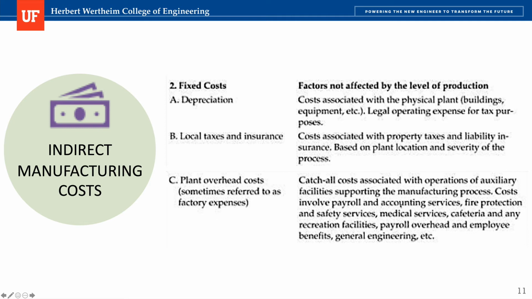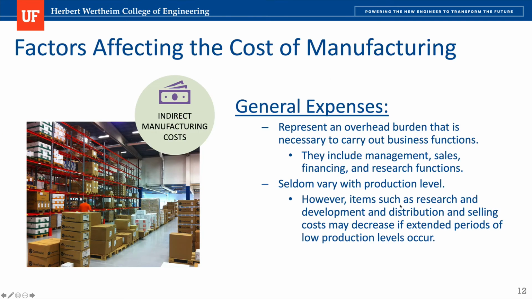Cash all costs associated with operations of auxiliary facilities supporting the manufacturing process. Costs involve payroll and accounting services, fire protection and safety services, medical services, cafeteria and any recreation facilities, payroll overhead and employee benefits, general engineering, etc. Then the other thing that we can include right within the indirect manufacturing cost is the general expenses. They represent an overhead burden that is necessary to carry out business function, such as management, sales, financing, and research